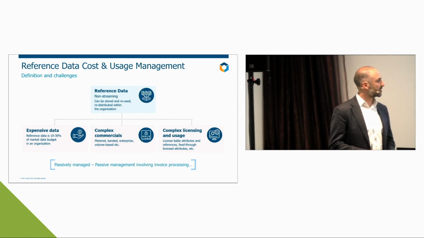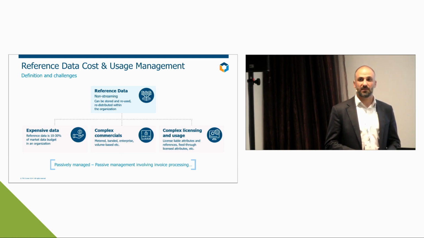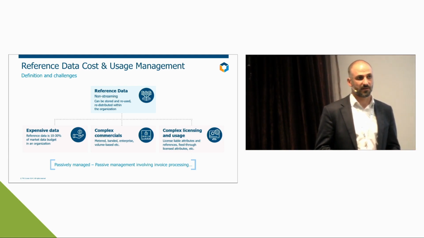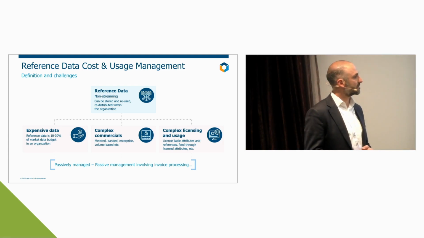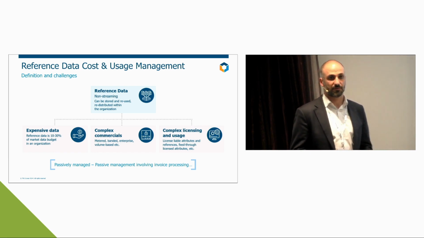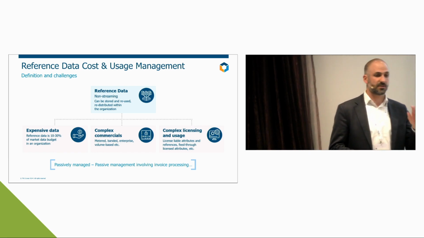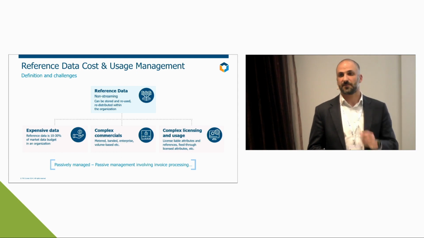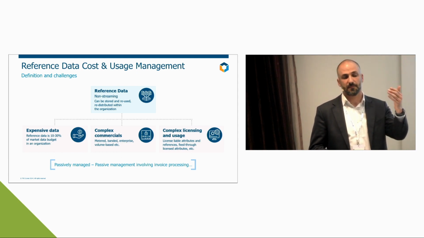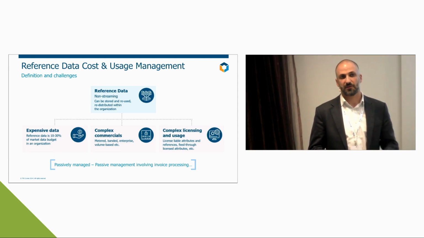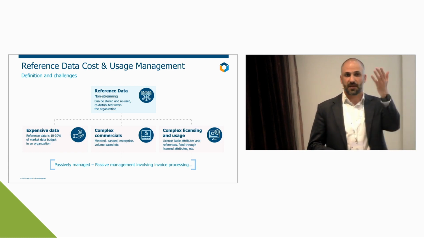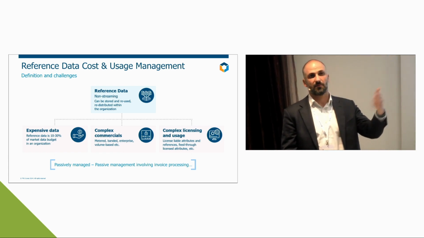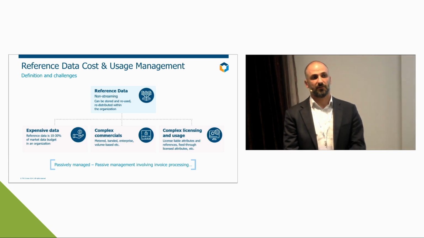And finally, in terms of the complexity, there are, in addition to all of these, complex licensing requirements. We cannot do anything we want with that data, let's put it that way. And not only this is what we call license liable attributes. There are also considerations to look into from a feed-through perspective. So you might buy data from a vendor, and that vendor will provide you with that data, but you need to report this data to the actual originator. So you might buy data from Bloomberg, but it's actually S&P data or Fitch data, and you need to know that and you need to be able to report that.